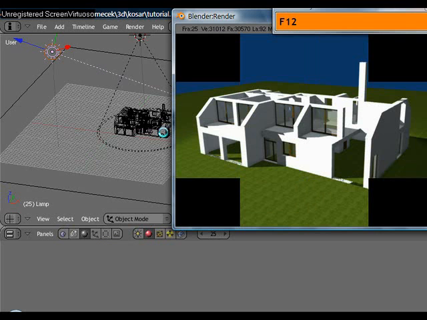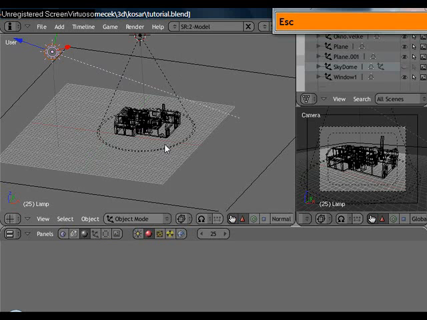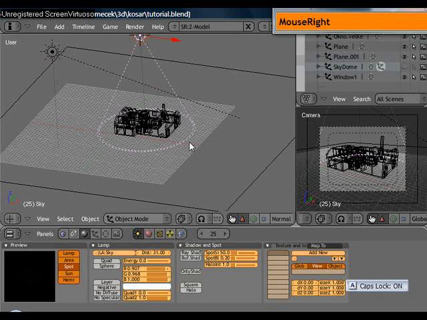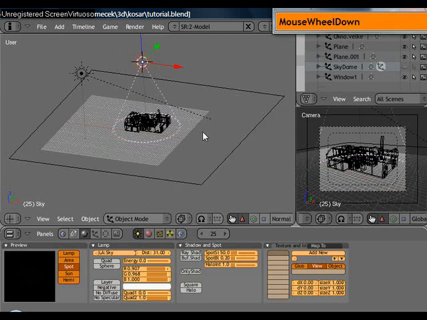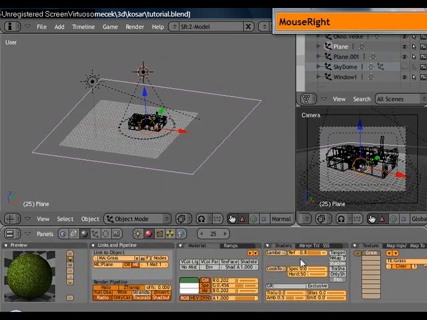Okay, I like it. It looks nice. I think the grass is a little too bright. I might make it 0.7, and